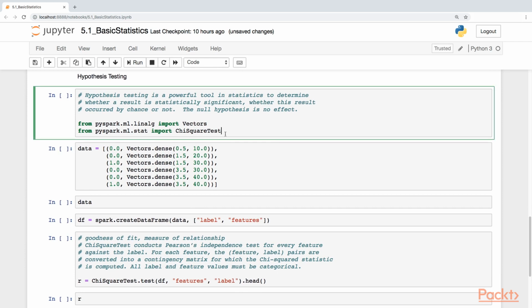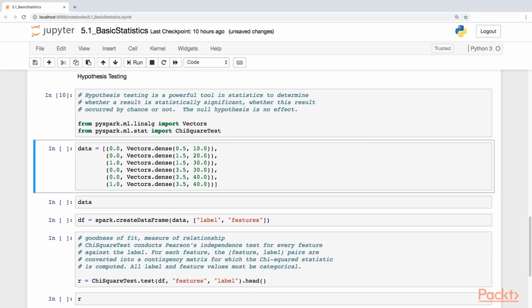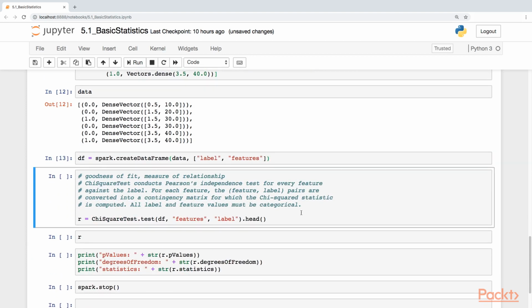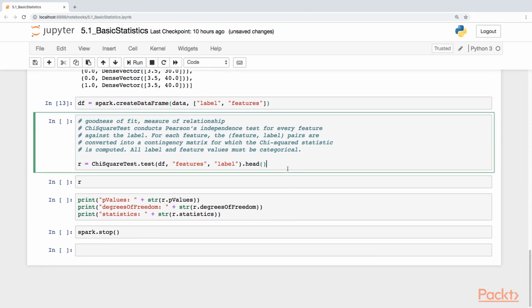So we need to do some imports. We're going to import vectors and the chi-square test. And then we start off with dense vectors. We've got the situation where we've got labels of zeros and ones, and then we have feature data, which are the dense vectors. Now we need to create the data frame, and then let's take a look and see what